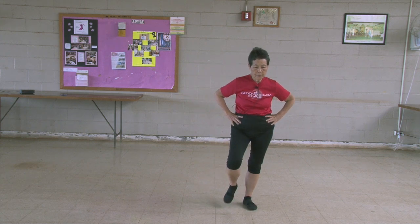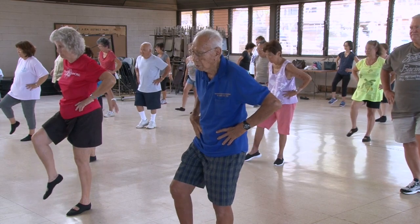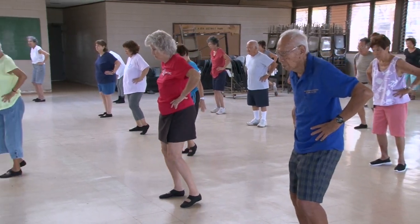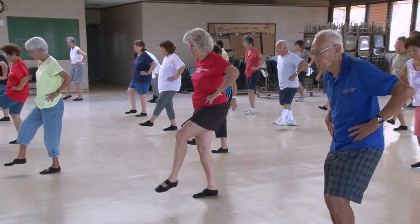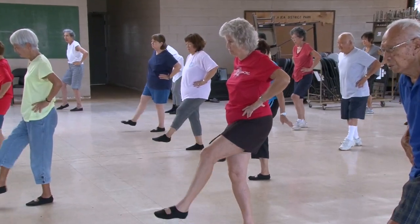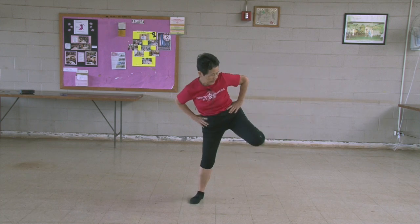Kick your foot. 1, 2, 3, 4, 5, 6, 7, 8, 9, 10. Other side. 1, 2, 3, 4, 5, 6, 7, 8, 9, 10. Kick your butt. 1, 2,